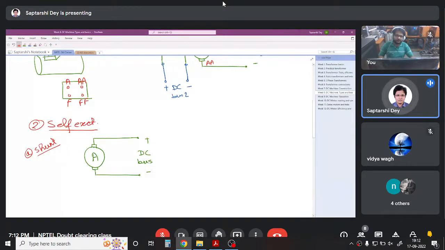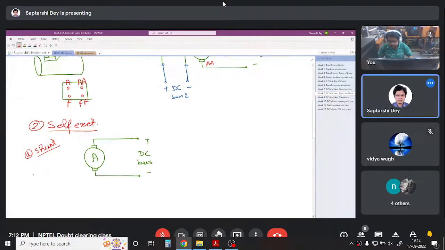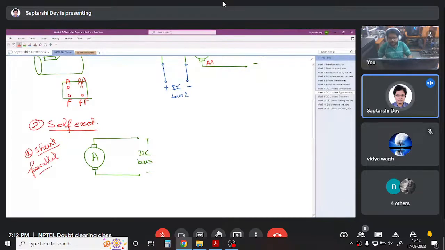In electrical engineering, when we say shunt, what does it mean? Shunt means parallel. So if you have a shunt excited DC machine, which is one kind of self-excited DC machine,